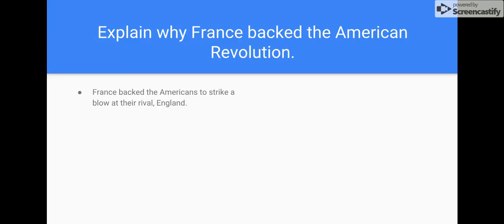We see this kind of idea again in the War of 1812, where they hope that the weakened, newly formed United States loses against Britain again, and then they can swoop in and take up some of the land. And we see this kind of idea also happening during the Civil War, where they're hoping originally the Confederates win because that would break up the country, and then these strong powers could come back in and take that land. So it's all about being able to beat their rival, and then of course trying to gain more land, the colonialism and imperialism that we see.